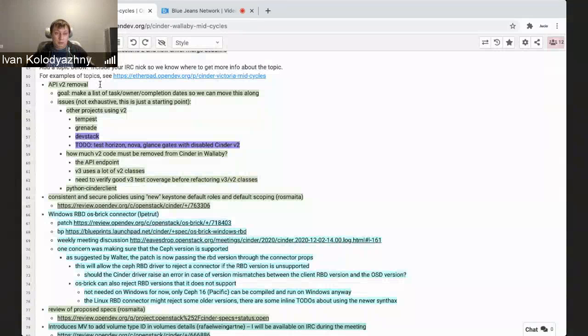I did not dig a lot into the Grenade failure for the Cinder project. It does not look V2 or V3 specific. At first glance, it looks something like Nova loses attachment,